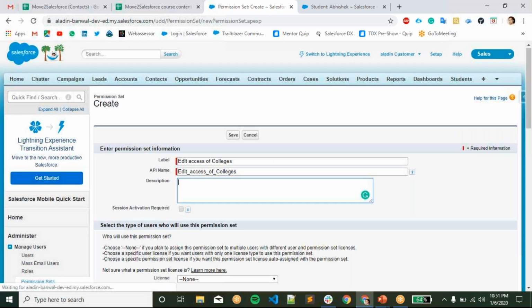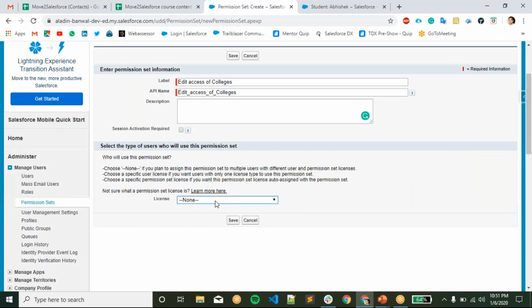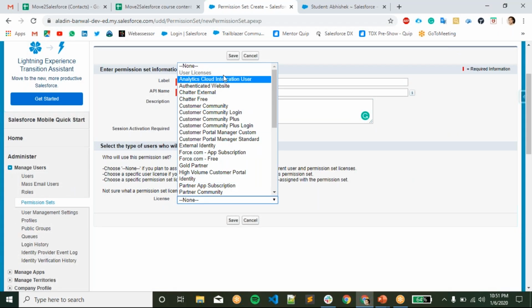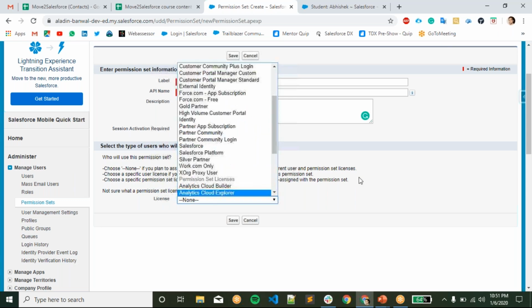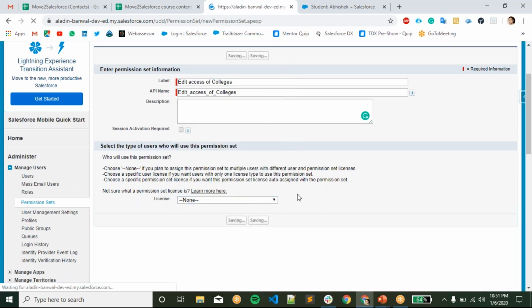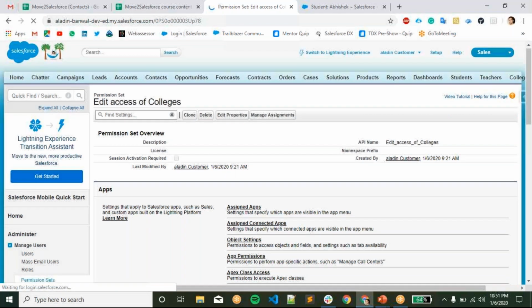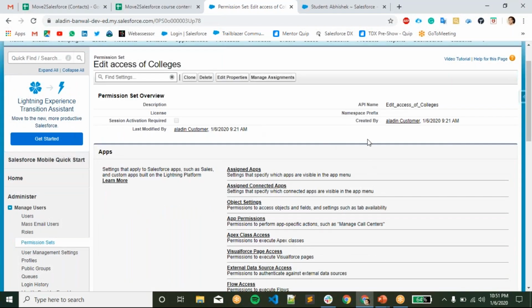So we are going to give edit access to college. We can use any license here. If you don't want to, you can remove that. There is no need of giving any license here. These are some permissions we can assign from a permission set.